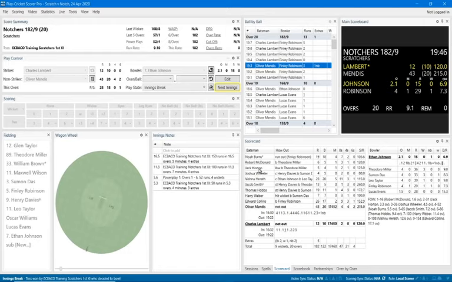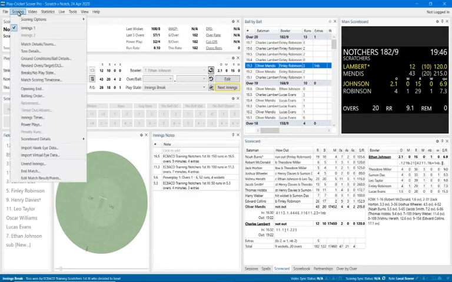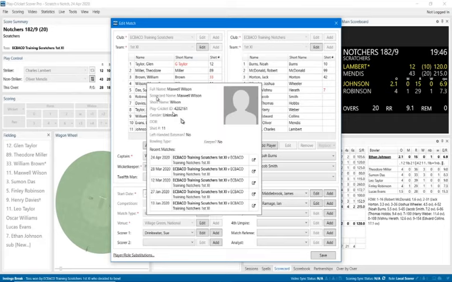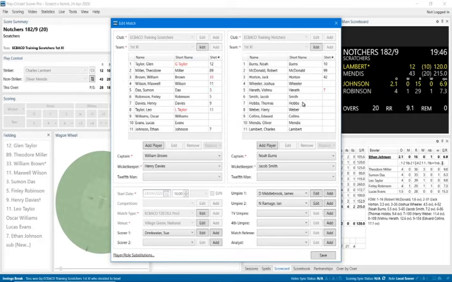The number 3 batsman was George Wilkinson. So we are going to do this by clicking on scoring, the scoring menu, and match details and teams, where it lists both teams. So Jack Horton is on the right hand side playing for the Notchers,